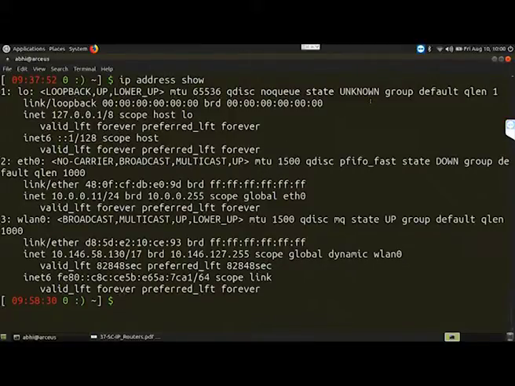Now, coming to this WLAN interface, the wireless LAN interface which is connected with this machine. This wireless LAN interface has a link/ether address, the hardware address, as D8:5D:E2:10:C9:3 and broadcast address as all ones. Then it has an IPv4 address which is 10.146.58.130/17, that is the IPv4 address assigned to this wlan0 interface, the wireless interface, and the broadcast address as 10.146.127.255. And it also has an IPv6 address which is written in the next line, inet6